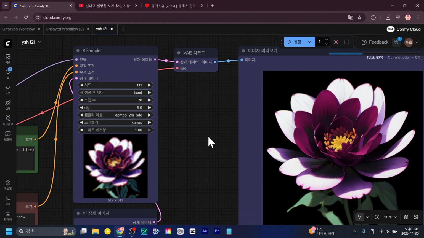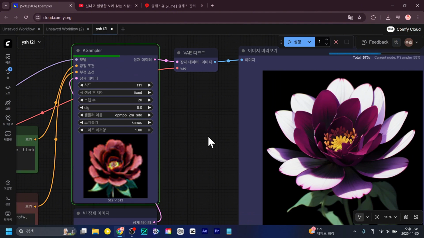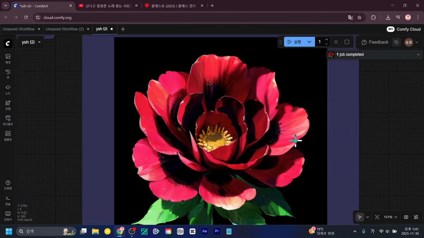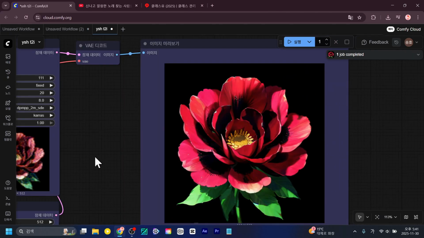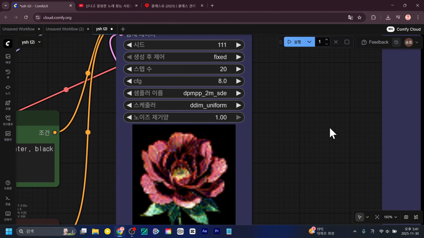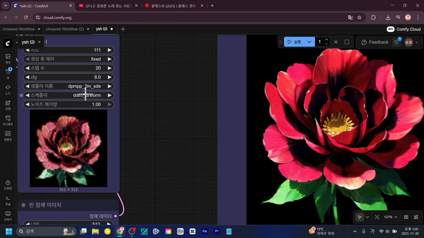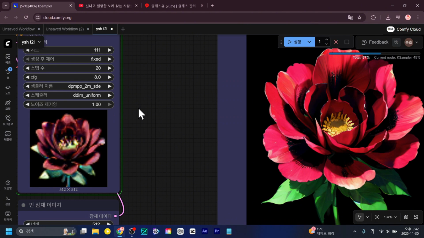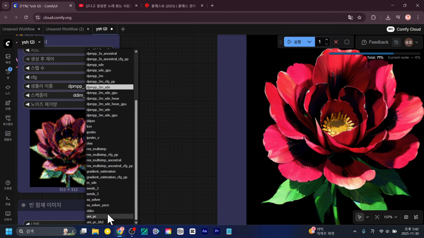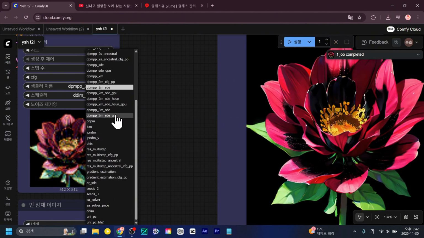So then, what happens to the image if you change the sampler and scheduler? It changes as well, of course. You can think of it as the color tone changing. That's right. The design elements change and the quality changes too. Should I try using something fancy for once? DDIM. This one wasn't used much in the past. Then there are also some fancy schedulers like the DDIM scheduler and things like SGM as well.